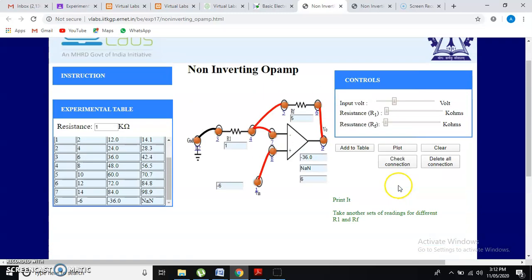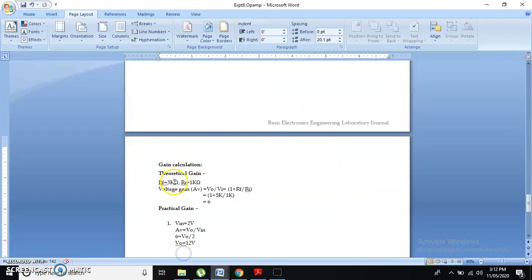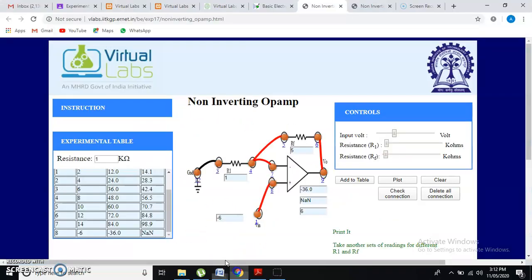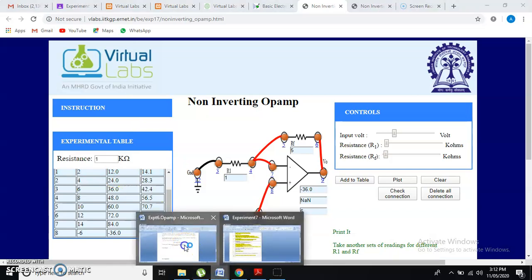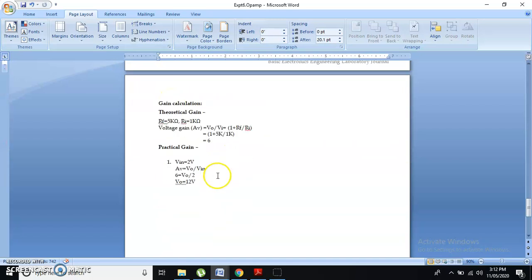Now, as the completion part for submission of the assignment, what you have to do? Copy this circuit diagram and paste it under the non-inverting amplifier circuit diagram tab. Copy this observation table and paste it in the observation table tab. For whatever observation table readings you have considered, you have to do the practical gain calculations.